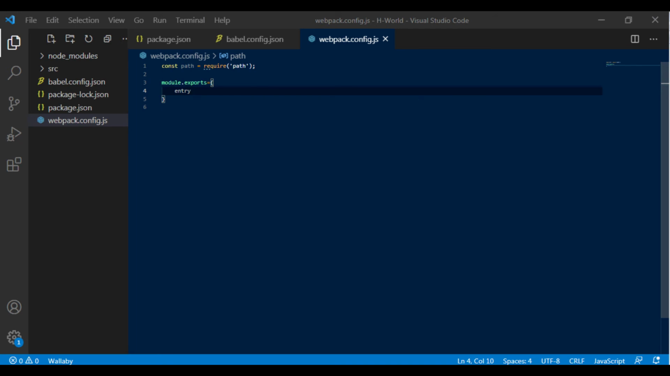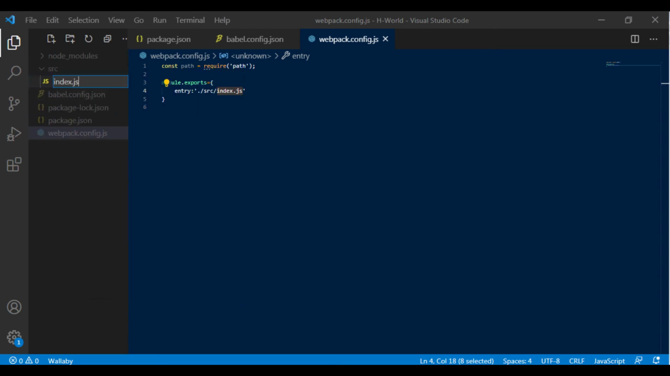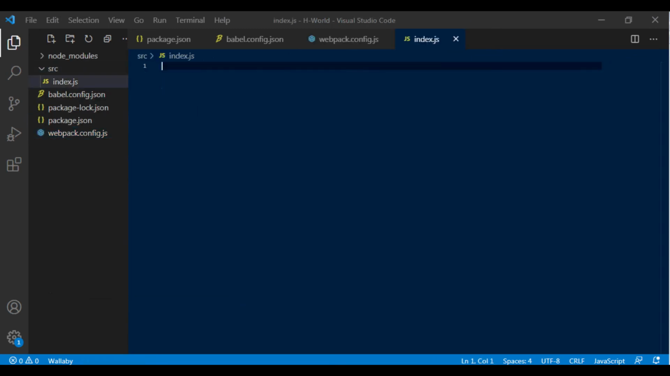So what this does is it gives you the entry point for webpack. What we'll do is create a src folder, and inside that let's create this index.js file. Inside this new file, index.js, for now let's write